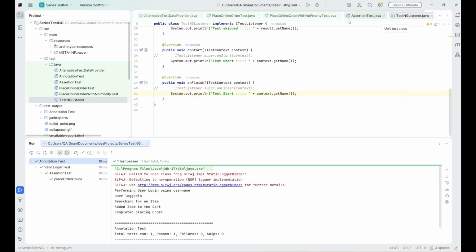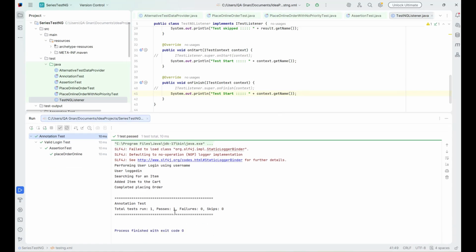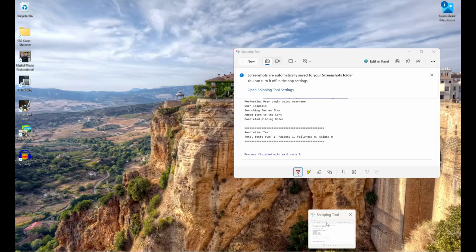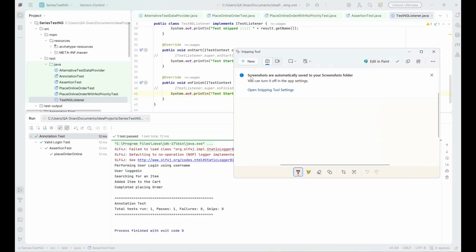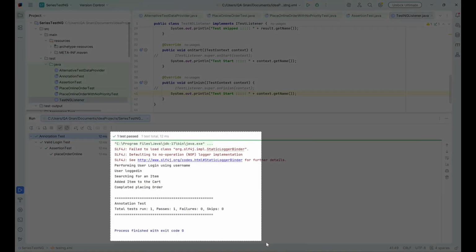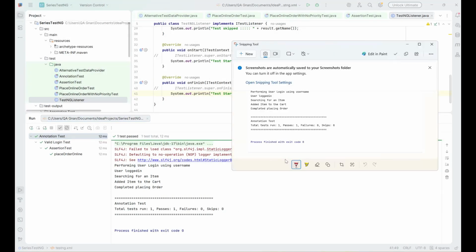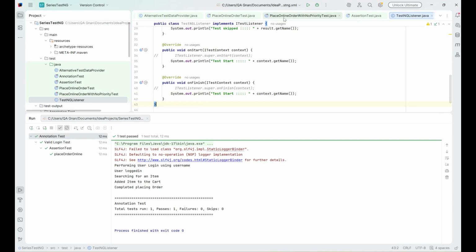So let us now run this, or even before that let us run and look at the console. If I am not wrong, this is the plain console that we look currently without the implementation of this class. So this is the only information that is getting printed to the console. Let us take a screenshot of this one and compare this with the new console,